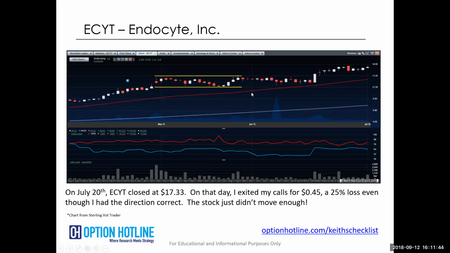So this is what I'm talking about when I say that this is the trade-off on options. It's okay to lose money on these things when the stock doesn't move enough because the winners well offset the losers, but this is why I define the risk and I understand that risk of a stock not moving enough.